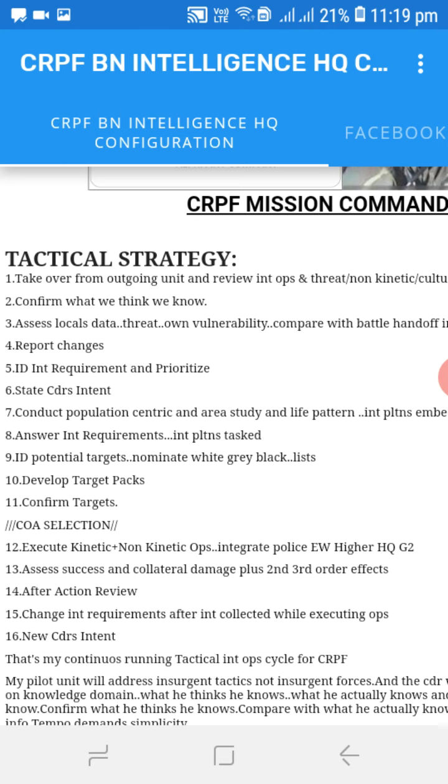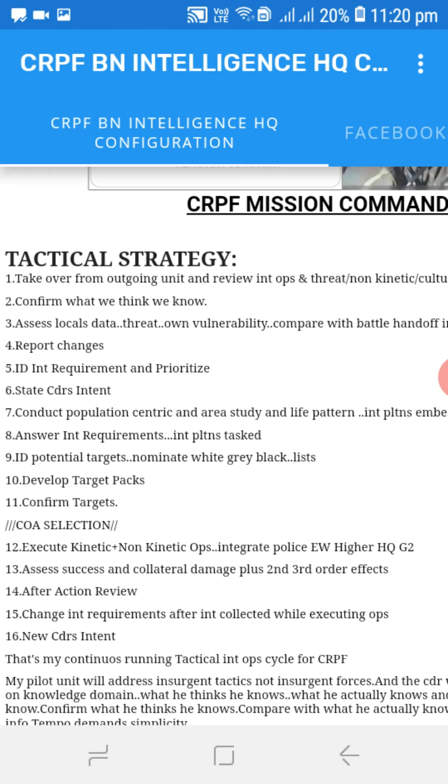Identify potential targets. Nominate a white, grey, blacklist. White, the people who are in danger from the insurgents, who are good, who are very powerful and a good source of information for us. The grey personalities, the black personalities. The black are the threat personalities, and the grey, the ones who are in collusion with the threat, who are abetting the insurgents. Develop target packs, a very, very important step. In fact, the objective of any unit is to develop target packs